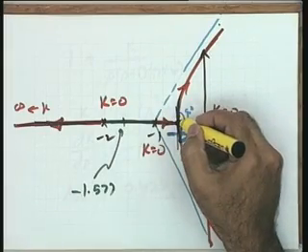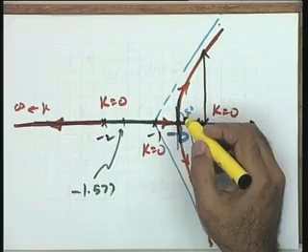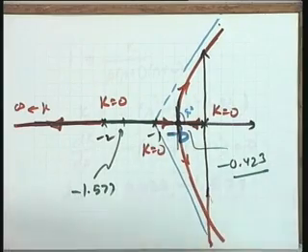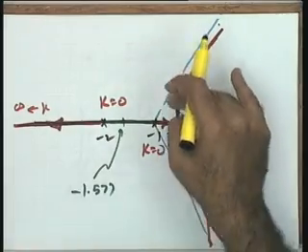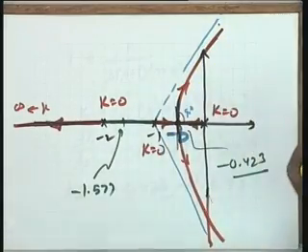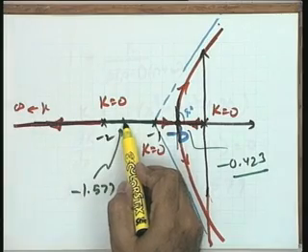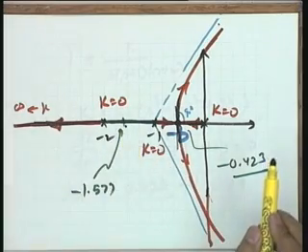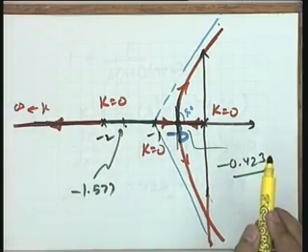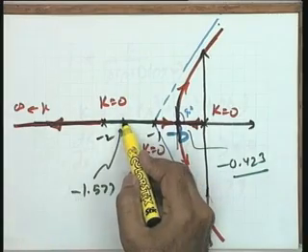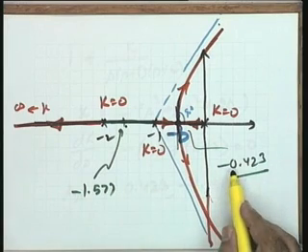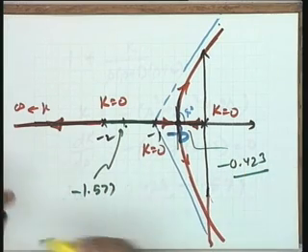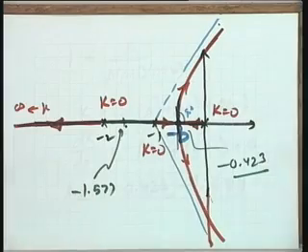You are interested in the extrema in this particular region. So it means you have to evaluate all the roots which you have got, and those roots which otherwise satisfy the angle criterion become the breakaway point. Since this point does not satisfy the angle criterion, the green line is not a part of the root locus at all. It means it does not satisfy the angle criterion, and hence this cannot be a breakaway point. Therefore, the only breakaway point is minus 0.423 as far as this case is concerned. Is it okay, please?